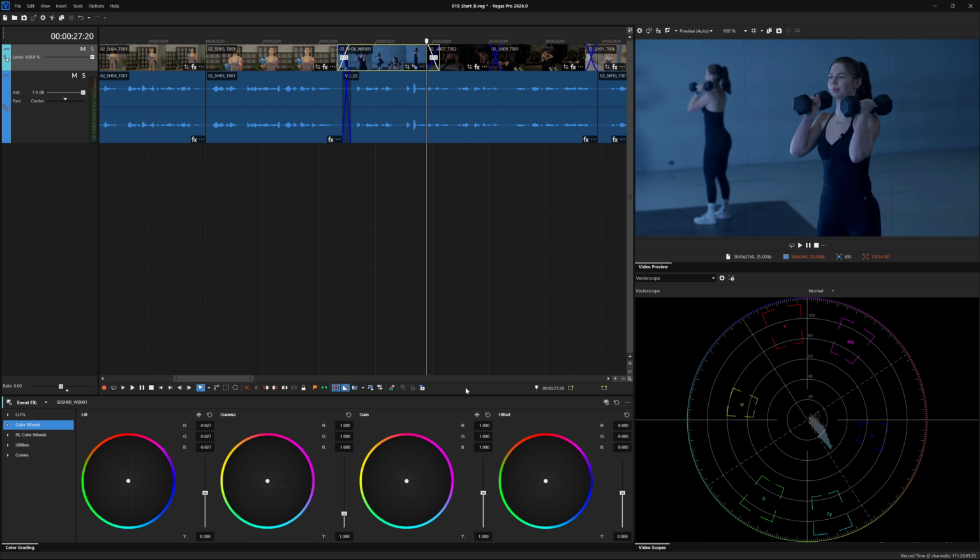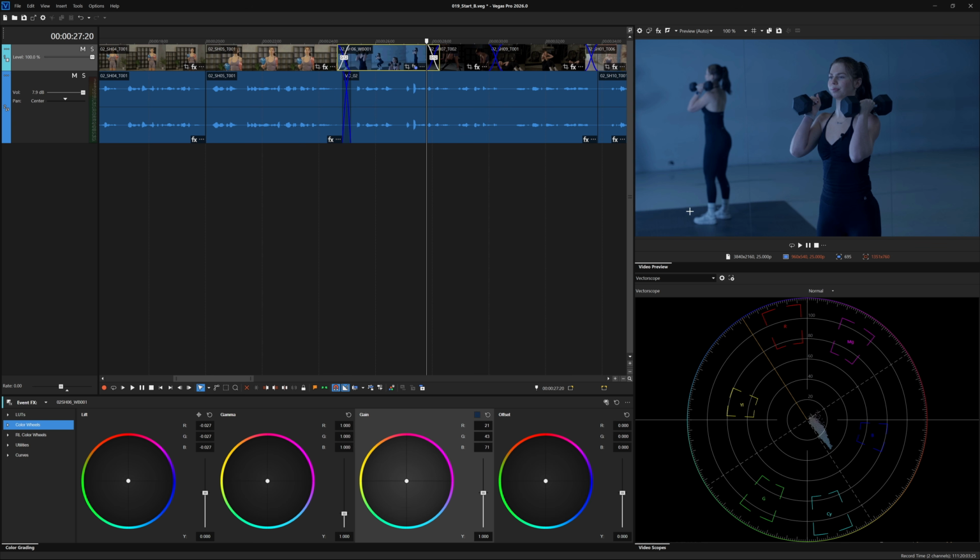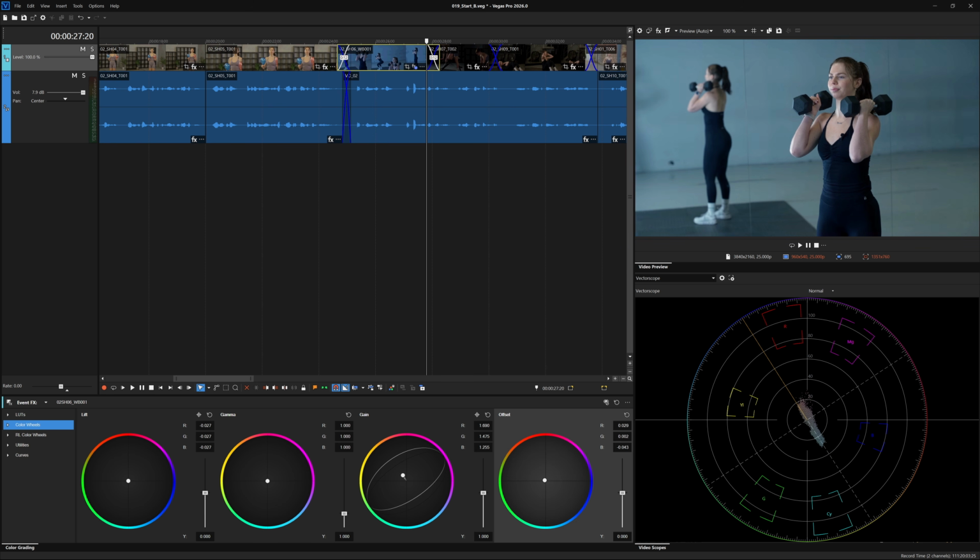Now let's choose the color which represents white, or the white point of the image. Go to the gain controls and choose its color picker. The sample window appears again, and let's choose the color that should be the white in the image. Looking at the vectorscope, the colors should be more spread out and balanced across the image. Personally, I find that these automated tools are a bit heavy-handed, but can help to start the process. Don't be afraid to manually correct things afterwards, because your eyes are better than any color picker.